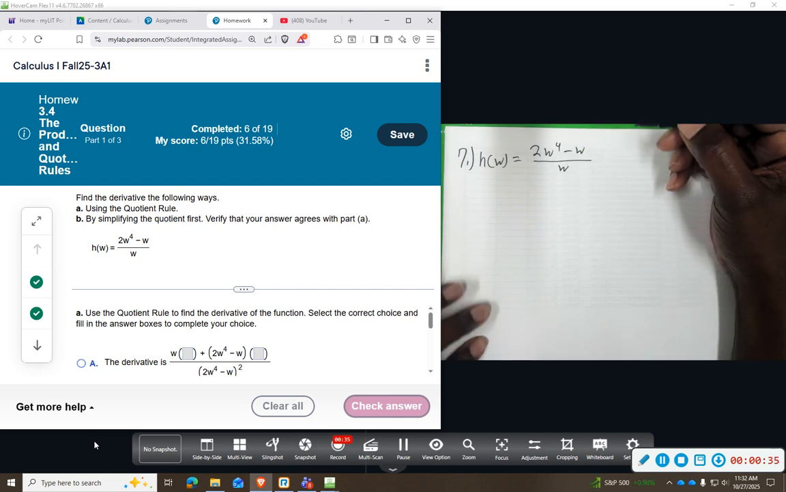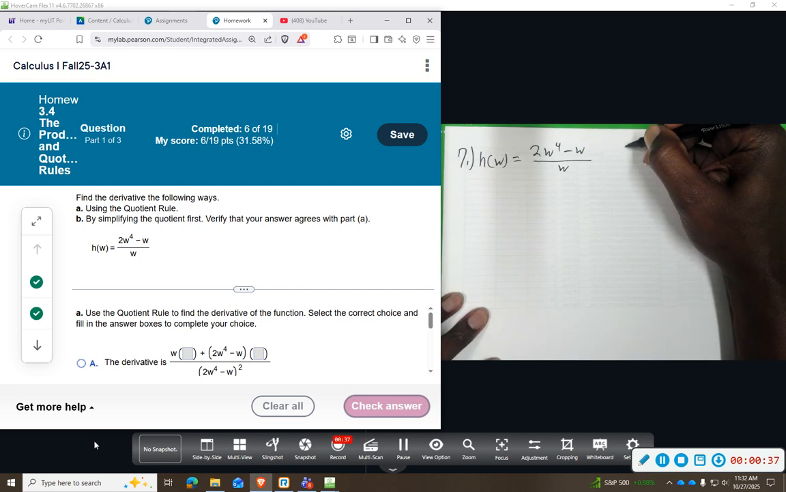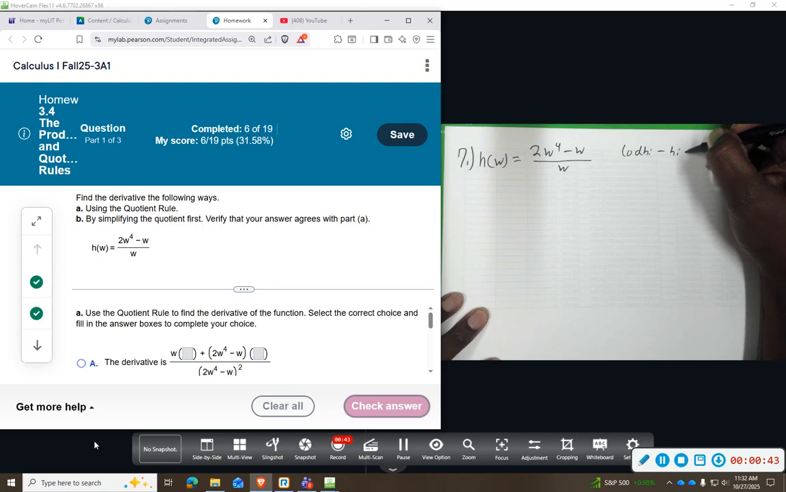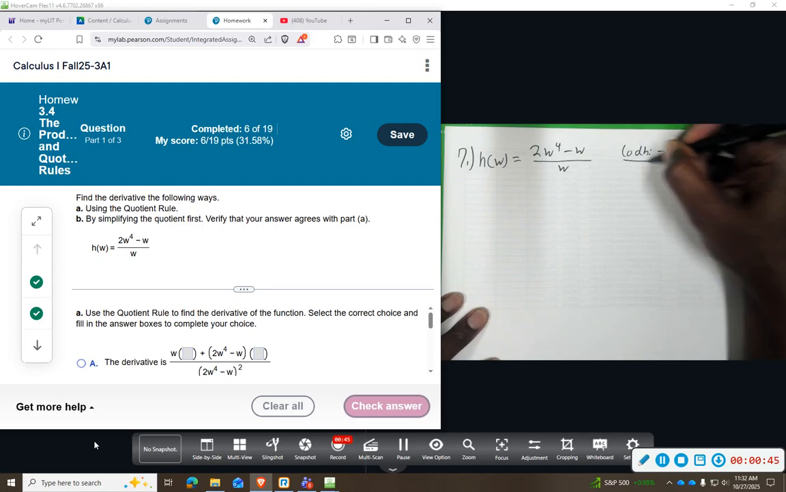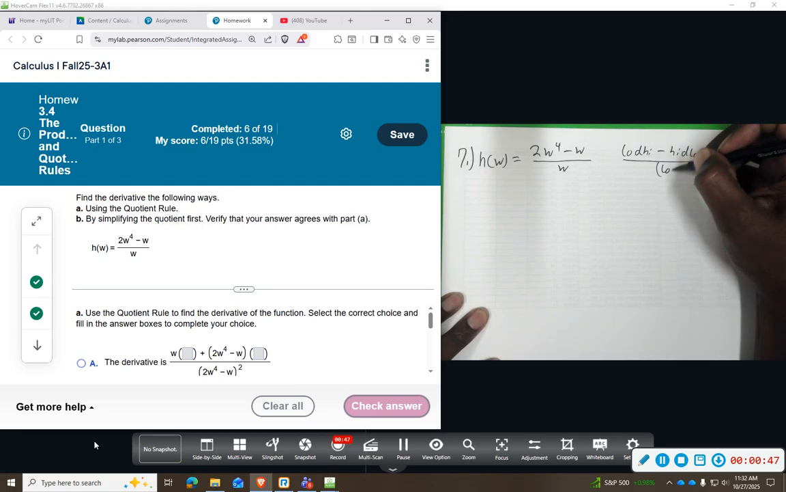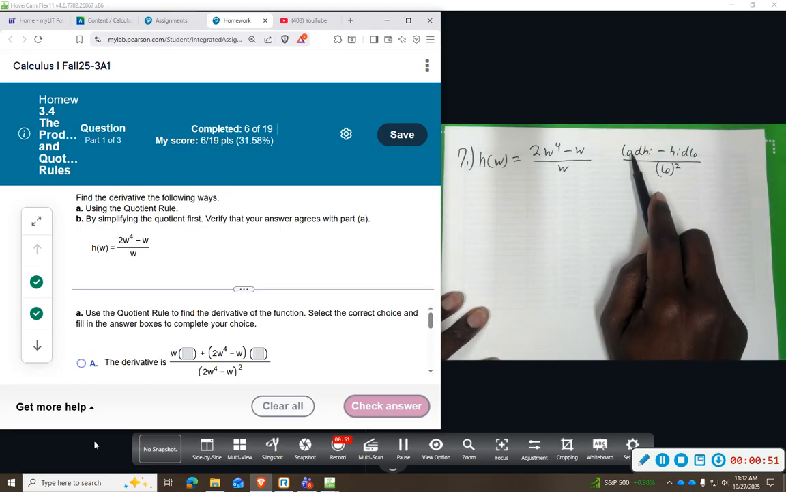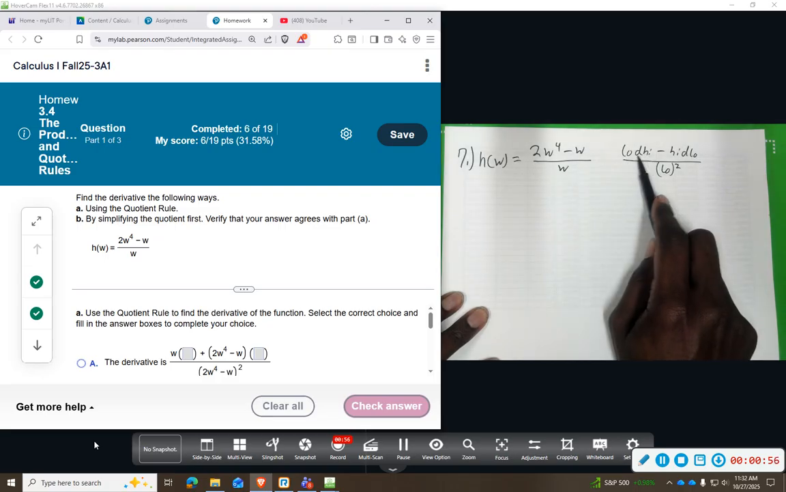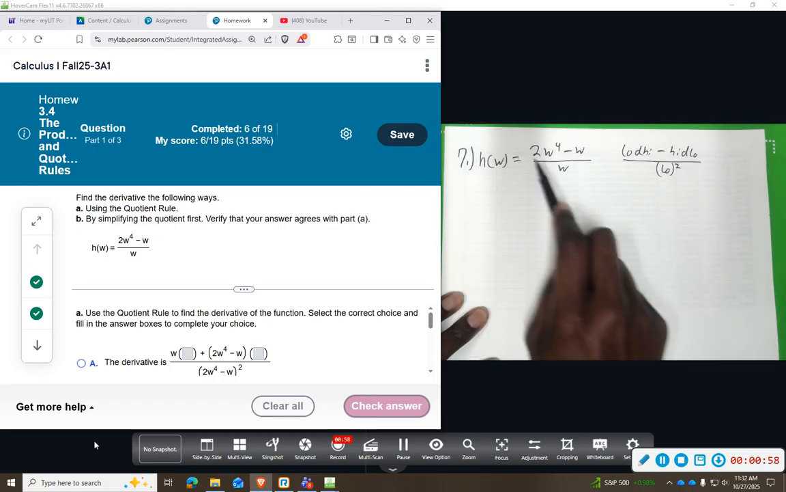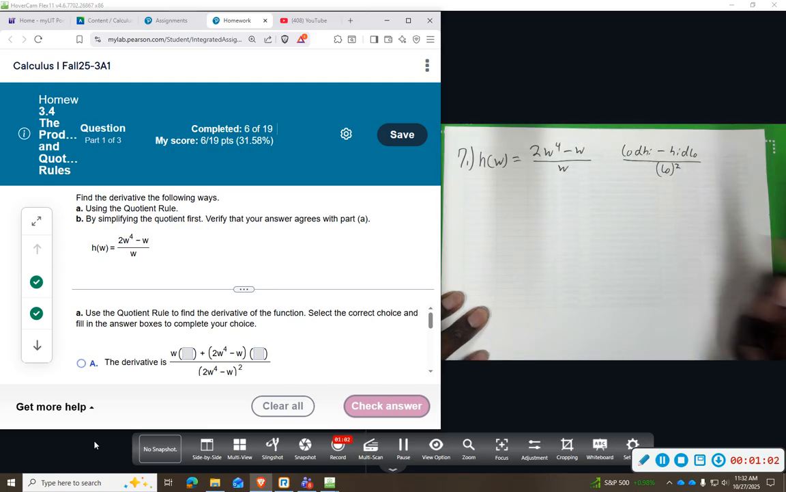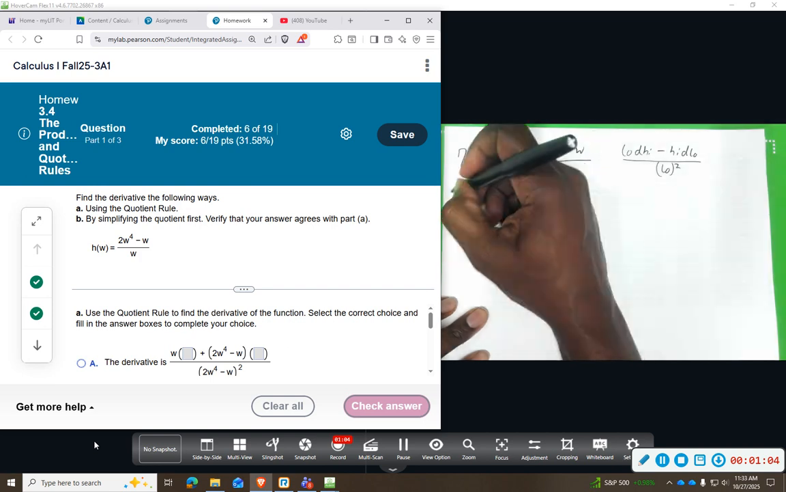Okay, so first we want to use the quotient rule. So again, I use low d high minus high d low over low squared, and that's just a little short saying for bottom times derivative of the top. So low is bottom, d high is derivative of top, minus high, the top, times the derivative of the bottom, all over the bottom squared. So we're going to find h prime,